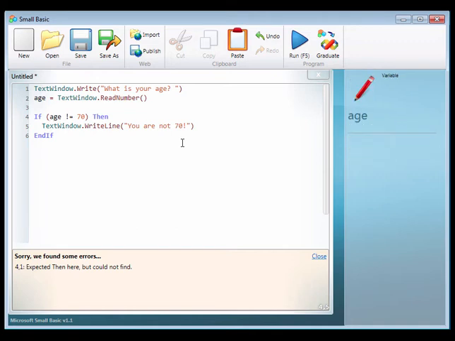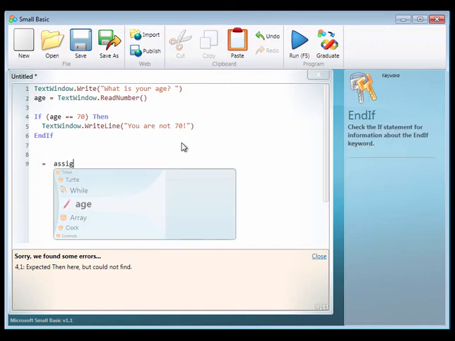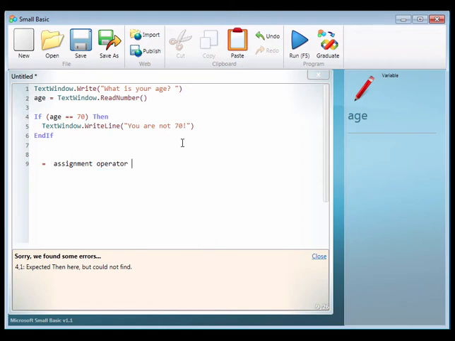Another difference is when you test for equality. In most languages, they use a double equal sign. Now, why do they use double equal? Well, the single equal sign is considered an assignment operator. In other words, you're telling,